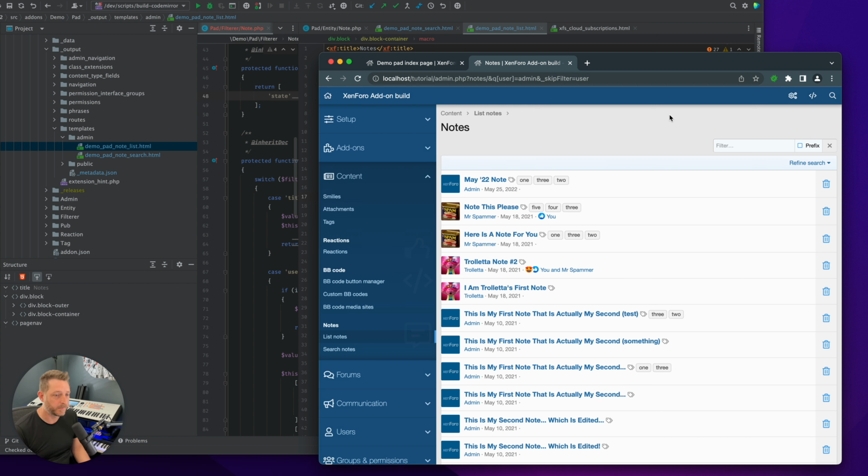So I think that's hopefully a good introduction to how to use the filterer. It's worth noting that right now the filterer is limited to the control panel, the admin control panel. While you could call it from the front end, the way that the filterer works is not really geared towards public searching, because it essentially allows you to deal with any field in the database, whether or not they've been properly indexed or whether they're designed for searching. So this is very much something that is limited to the administrator,